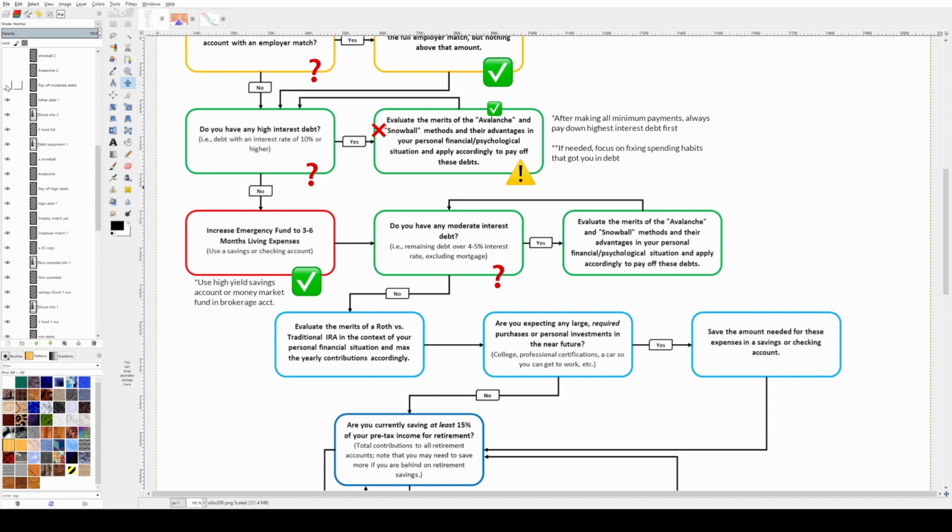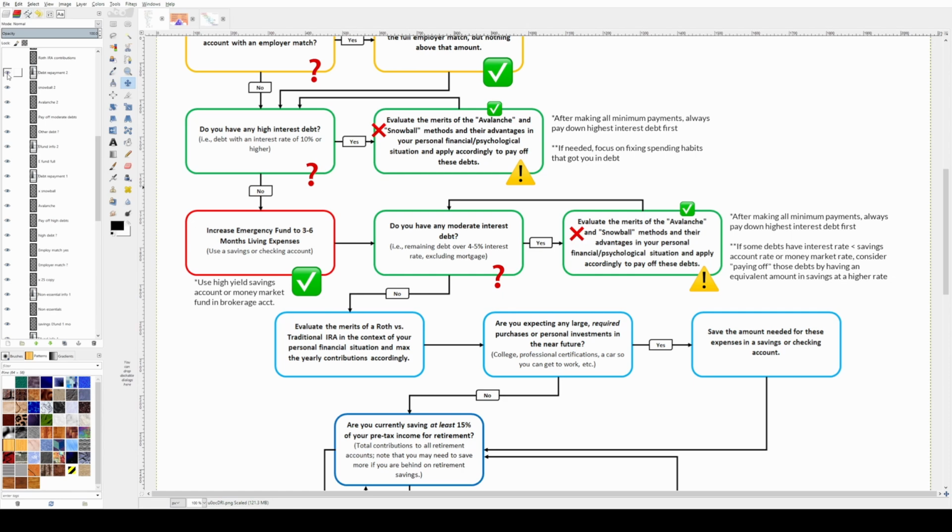So if you do have any other debts, again, we'll run into the avalanche versus snowball method. But here, it's important to take into consideration the actual interest rate of these debt obligations compared to potential alternatives that you have. What I mean by this is, let's say you have a debt or mortgage, for instance, of let's say 4%. If you can earn 5%, say, in a money market fund or high yield savings account, it makes it less of a financial necessity to pay off that debt immediately,